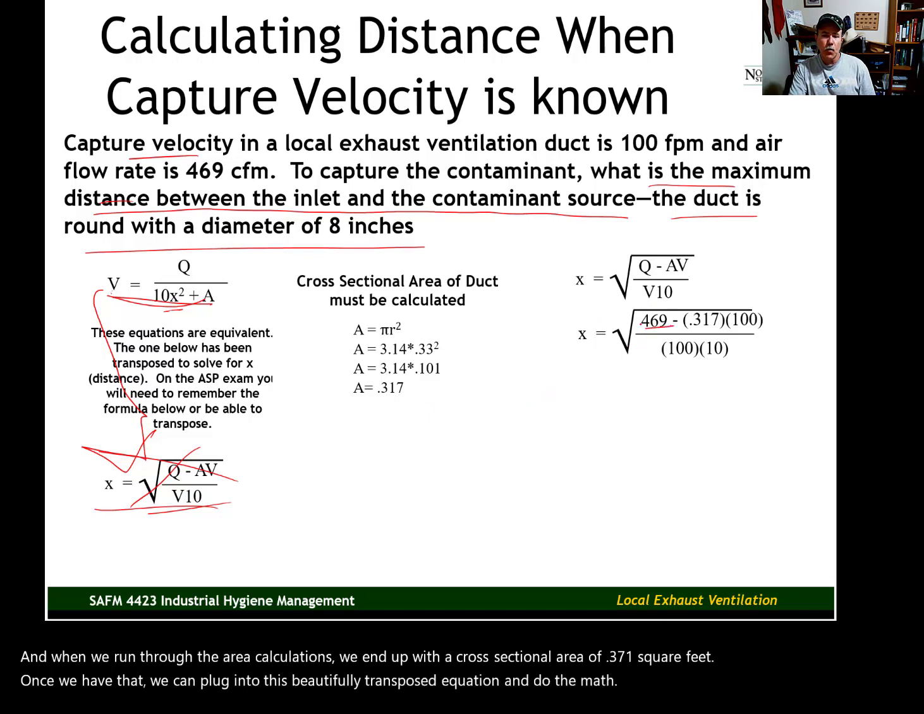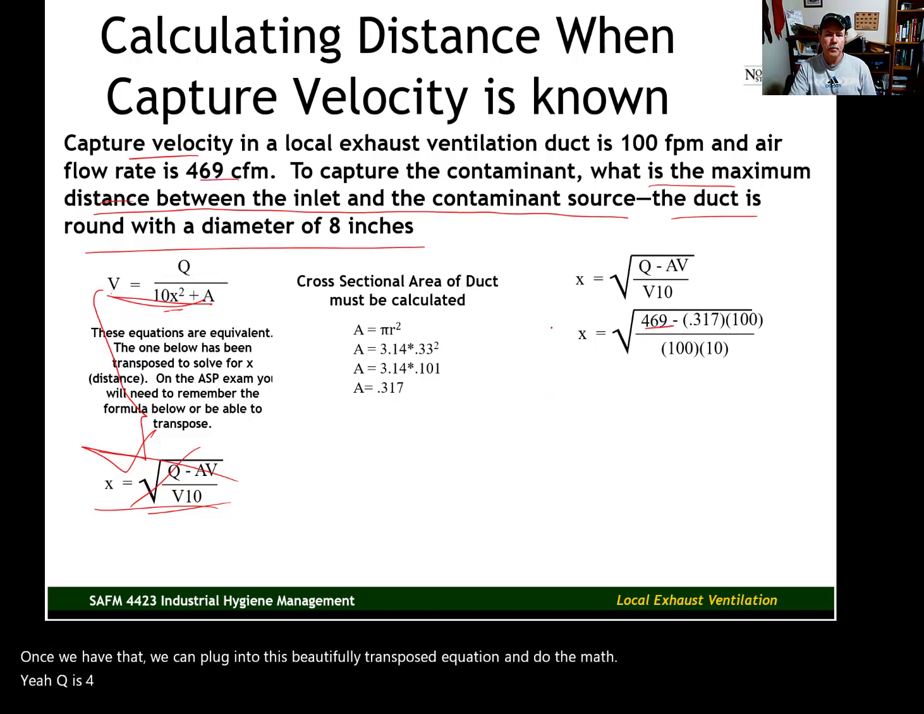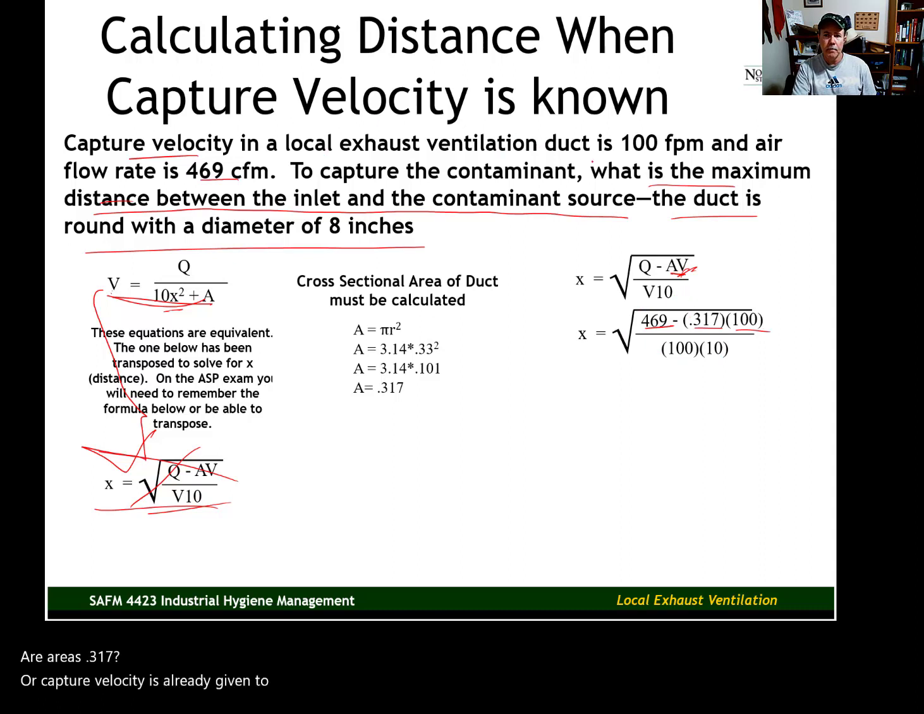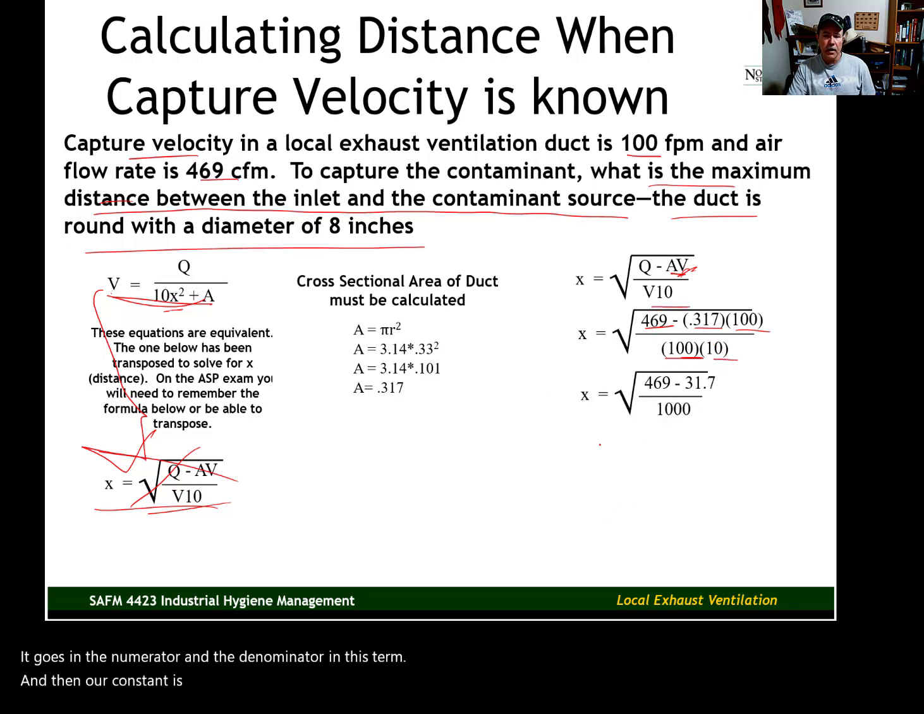Again, Q is 469. Our area is 0.317. Our capture velocity is already given to us at 100. Velocity, again, goes in the numerator and the denominator in this term. And then our constant is 10. Now we just do the calculations,